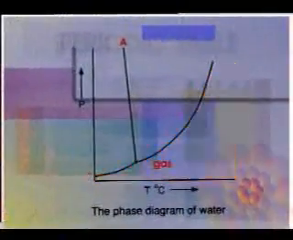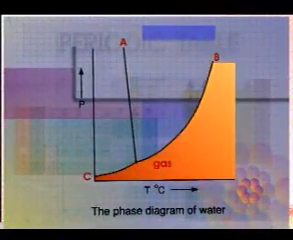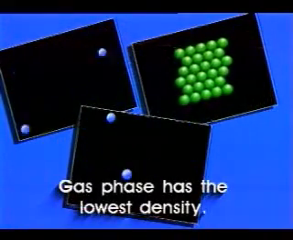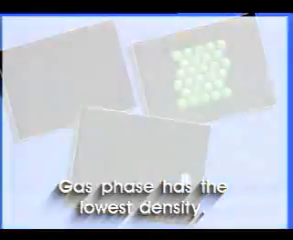Let's recall the phase diagram of water. We saw that water enters the gas phase at high temperatures and low pressures. This is true for other substances as well. This means that gas molecules have a higher average kinetic energy than solid or liquid molecules. This also means that substances in their gas phase have fewer molecules per unit volume than in their solid or liquid phases. So, of the three phases, the gas phase has the lowest density. The higher kinetic energy of gas molecules keeps them moving at high speeds. This enables